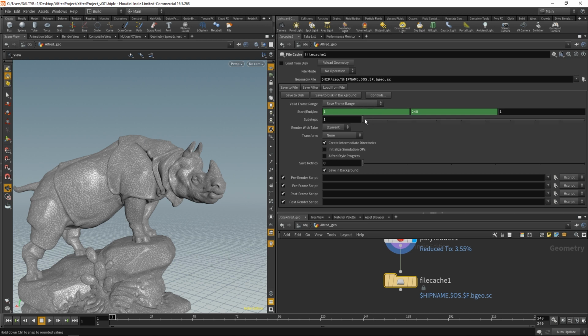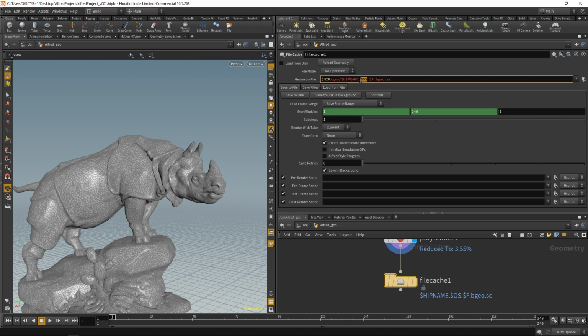And you might recall when we first set up our project that we saw some of these dollar sign expressions as well. And depending on what kind of expression is being said, remember how this all related to a path or a shorthand version of something, right? Last time we had $home and that was trying to put it in our documents folder. Well, $hip right here means take a look at wherever this file is saved. And once you find that, then go to a folder called geo and then do $HIPNAME, which is take the actual name of this save file,